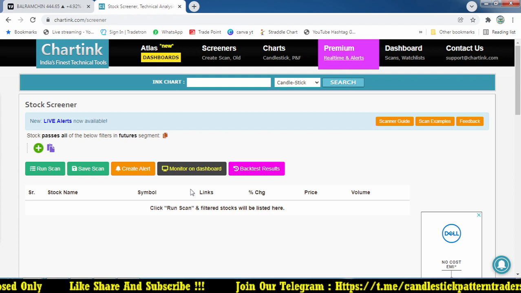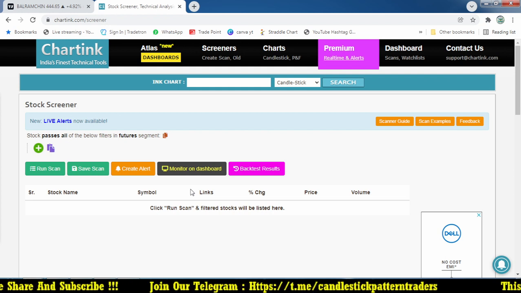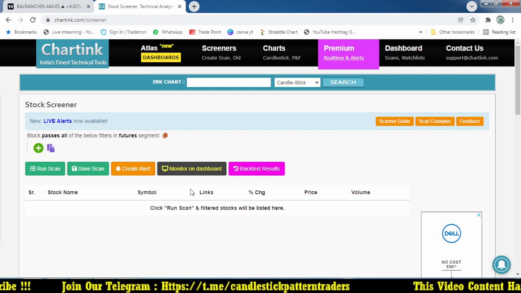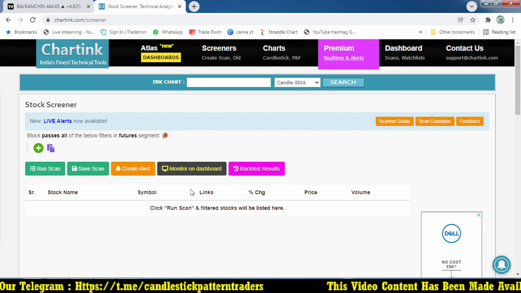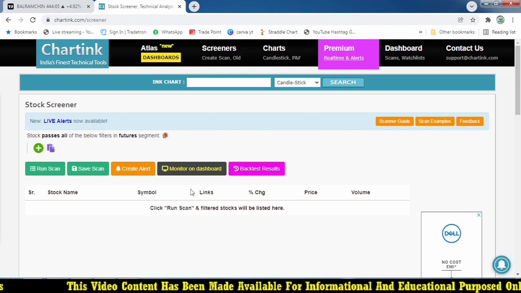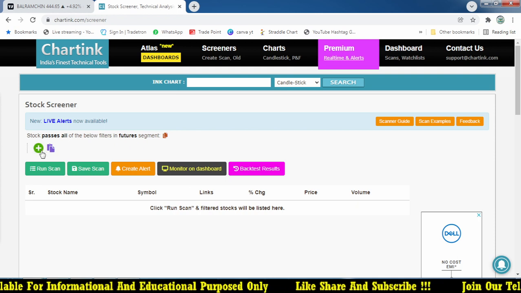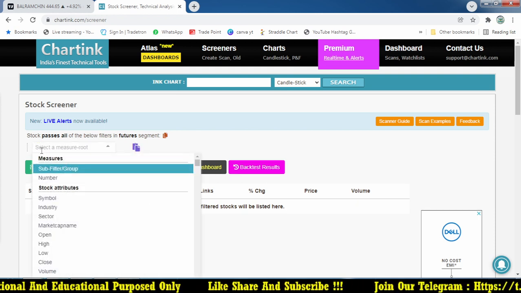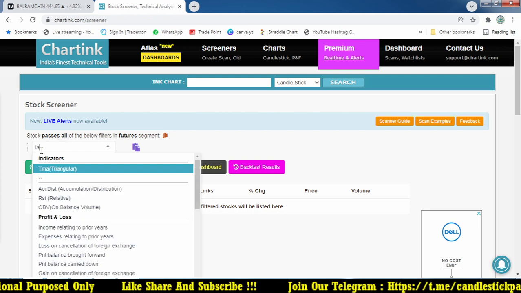So let me backtest how it is going. Here again we are using only the candlestick pattern. It will not repaint at any point of time, so it is a real scanner you will be getting in the real market. We are not going to use any volume or any other oscillator here, only a simple candlestick pattern where the price closes above or closes below the Bollinger Band. So we are going to use a simple Bollinger Band method on a daily basis.